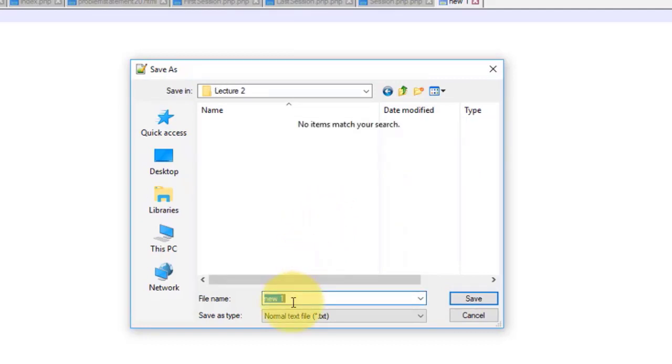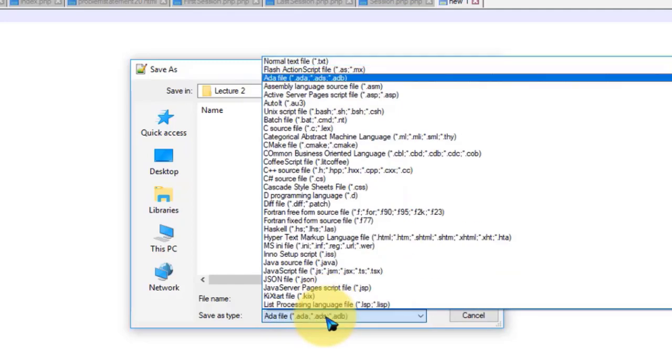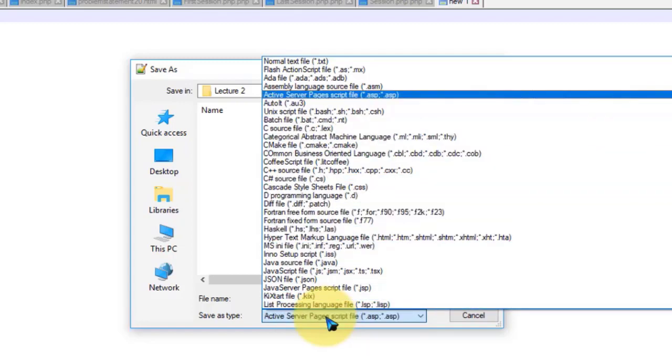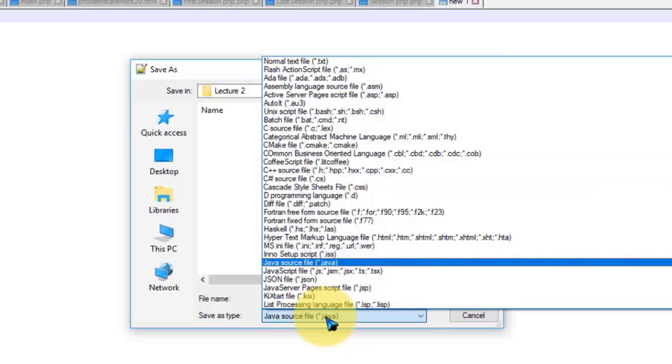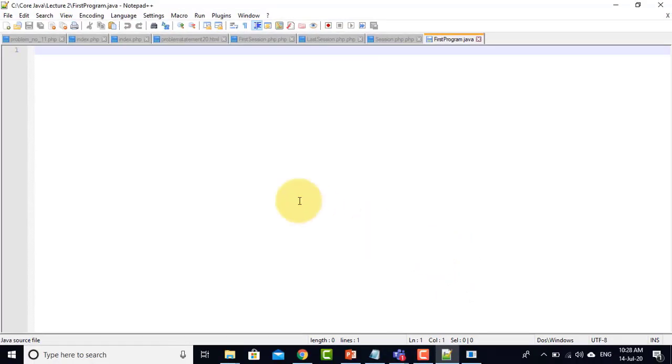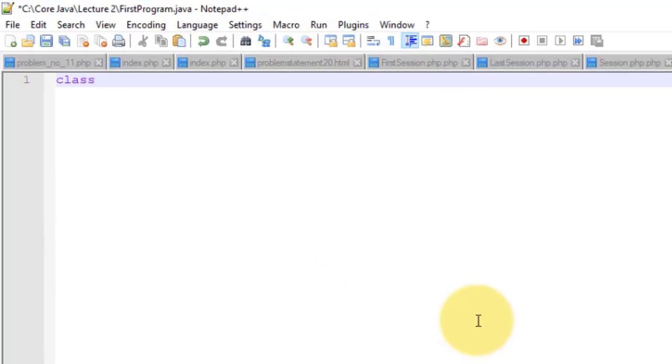I give the name FirstProgram.java. Always remember here you have to choose All Files, or you can choose Java as the file type, a Java source file. So I save this, and now I type the program: class FirstProgram.